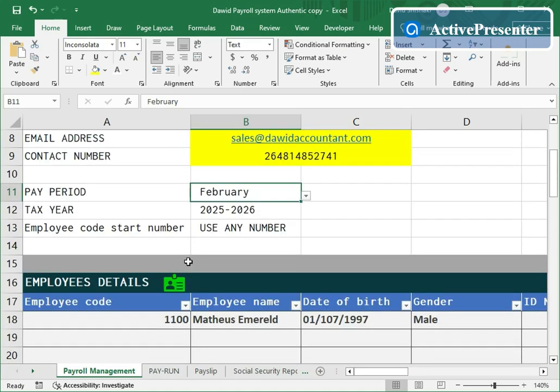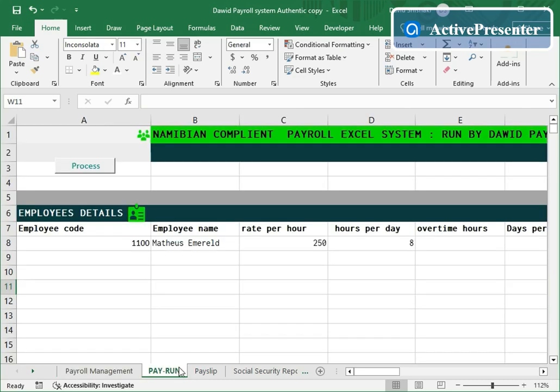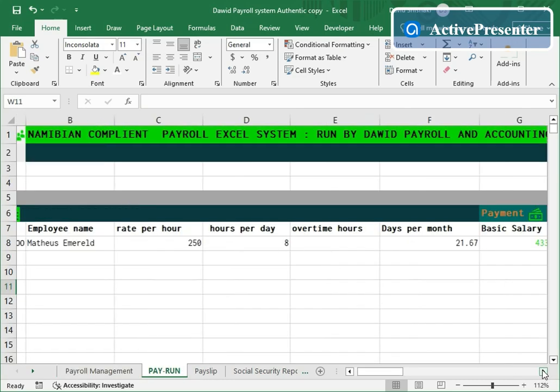Since we only have this employee, we don't need to add this employee again and again, since all the data are already the same. So we only move to the PRN menu, since every payment is the same,